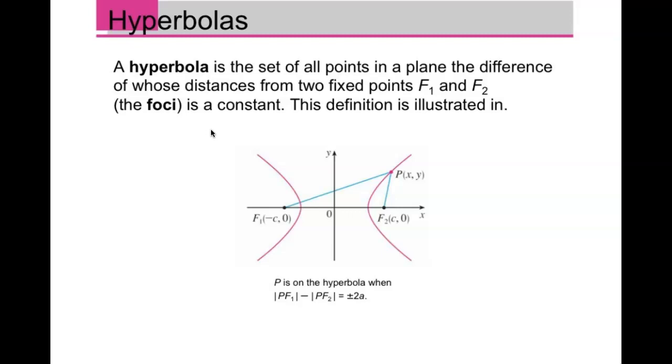So on an ellipse, you have the two foci, and for the points defined around an ellipse, the sum of their distances is fixed. Here, the difference in their distance is fixed. And the effect that that really has is it almost inverts the ellipse. So basically, the distance between a point and focus 1, and the distance between that point and focus 2, will be a fixed constant